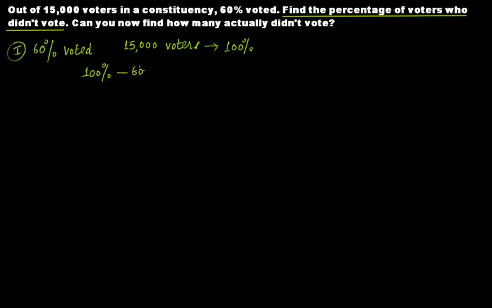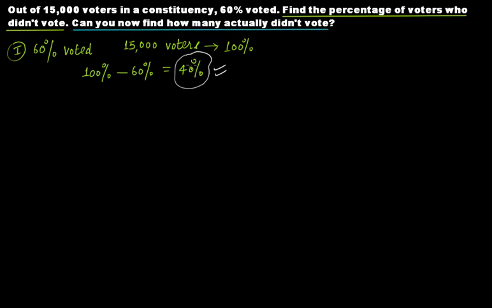60% from 100%, we get 40%. It means that this is that percentage of the voters who didn't vote, right? So 40% didn't vote. Now the second part of the question asks, can you now find how many actually didn't